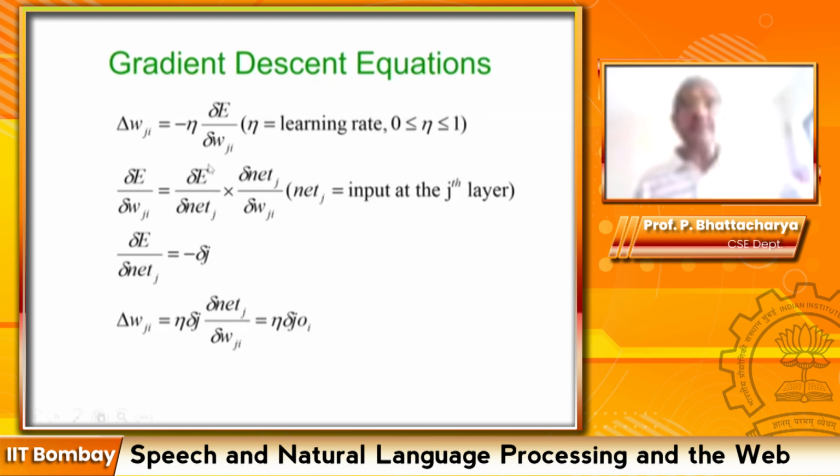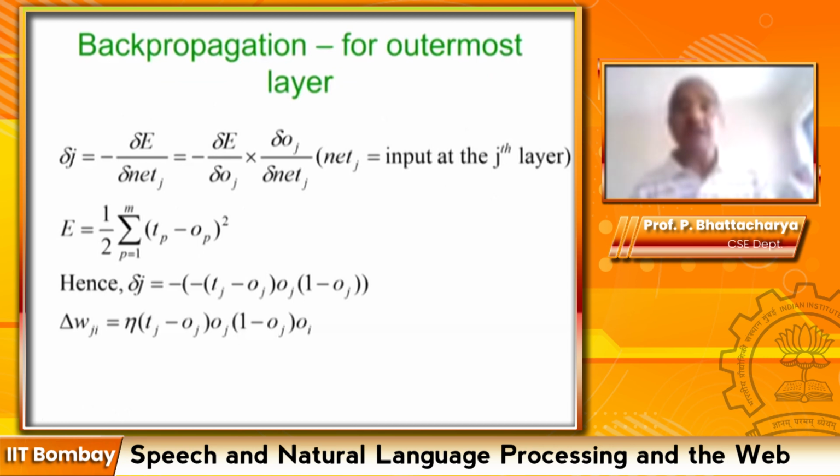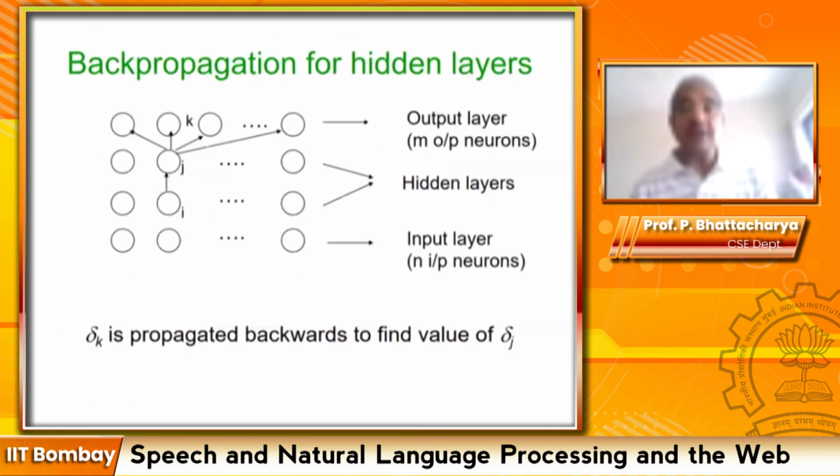So now there is mathematical work involved, where the derivative of the loss function is expressed in terms of the derivative of the loss function with respect to the net input, multiplied by the derivative of the net input with respect to the parameter. Because we'll do backpropagation in a lot of detail, at the end of this mathematical work I arrive at